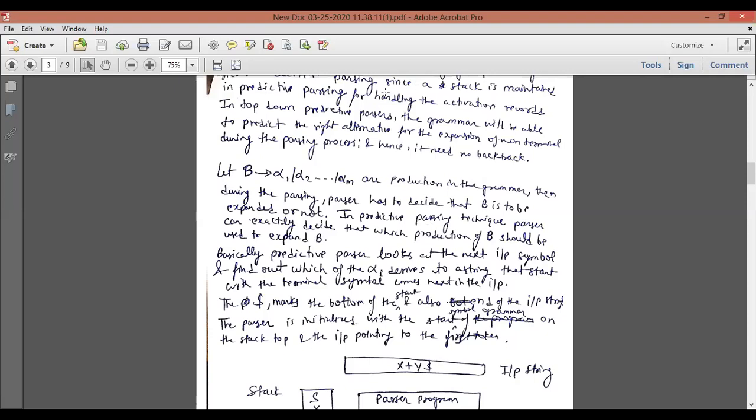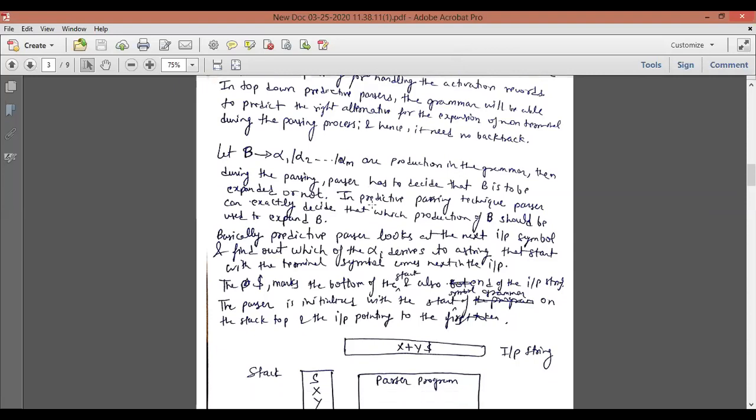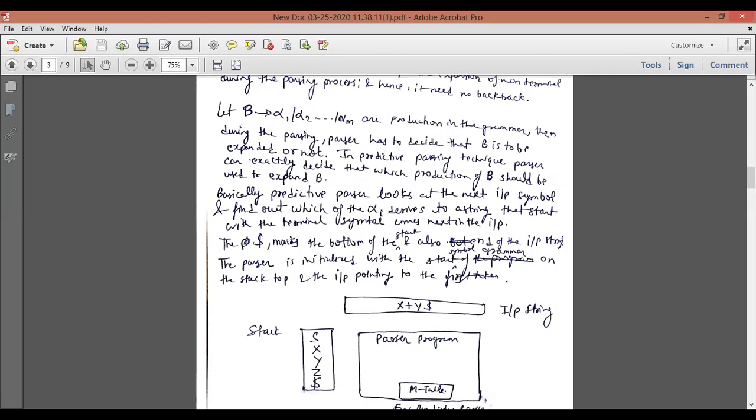So let B tends to alpha 1, alpha 2 up to alpha n be productions in the grammar. Then during the parsing, the parser has to decide whether B is to be expanded or not. In the predictive parsing technique, the parser can exactly decide which production of B should be used to expand B. Basically, the predictive parser looks at the next input symbol and finds out which of the alpha i derives a string,